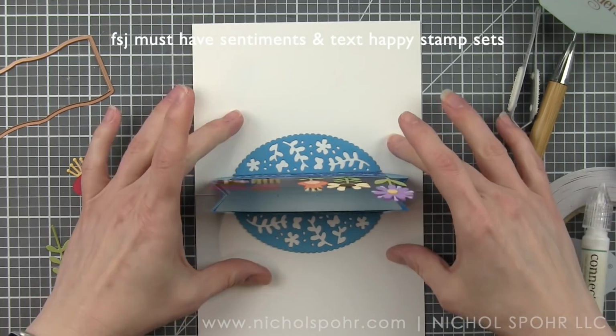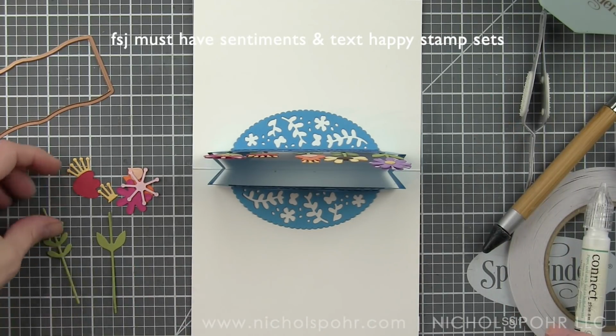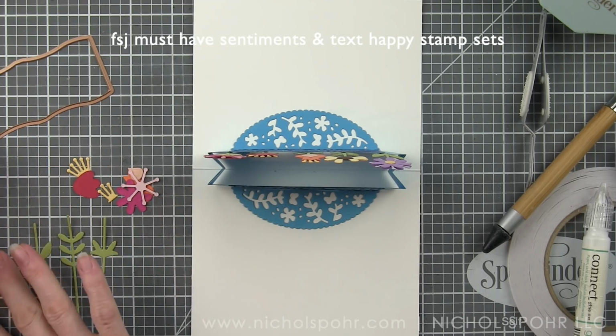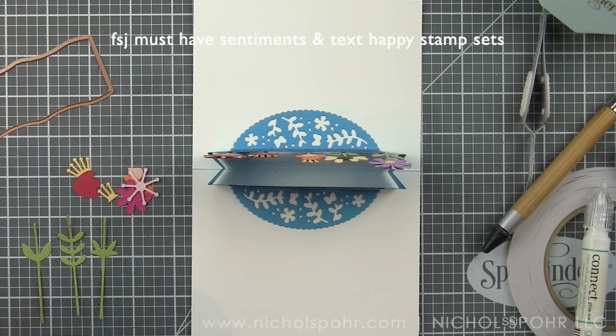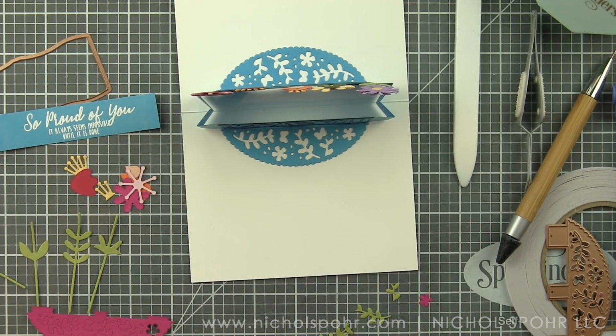And another little tip and something else that I would want to do for the inside of my card, the little part down that is attached directly to the card base is beautiful. It looks great without anything inside of it. You see the white card base behind it. If you used a different color card base, that's what color you would see back behind this. But because I was really going for a bright, kind of rainbow type feel to my card, something I really personally love, I thought it would be fun to take that same die and die cut it from multiple colors of cardstock